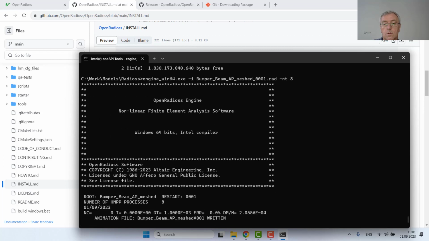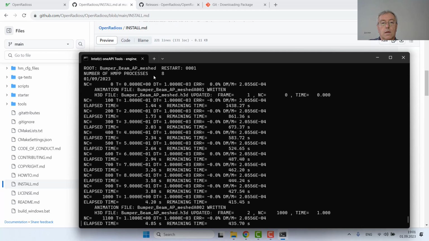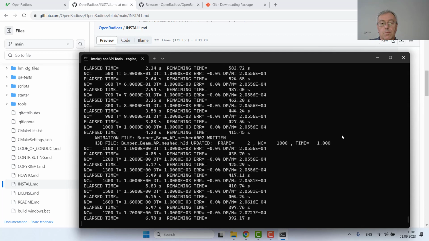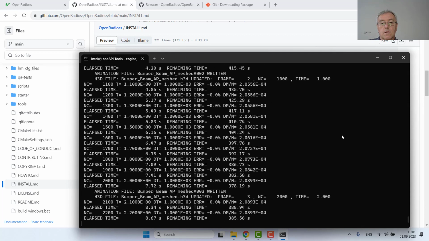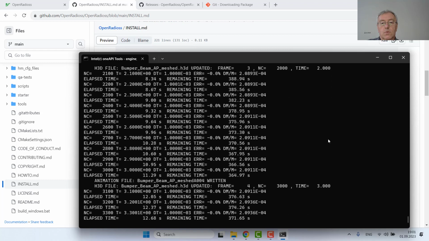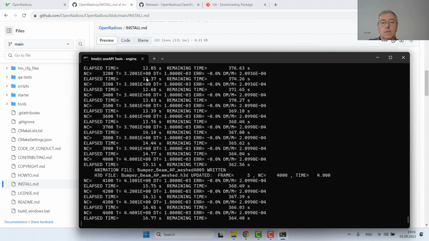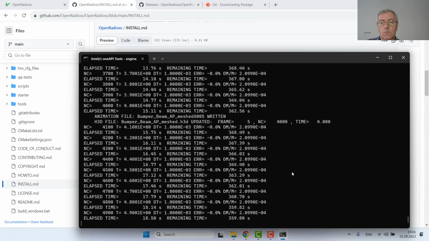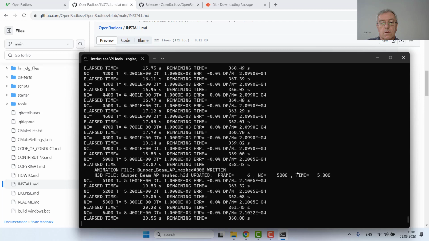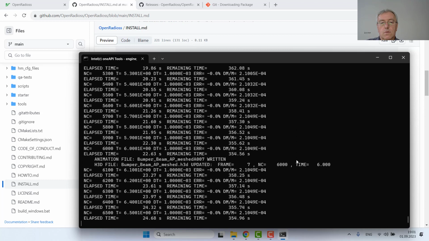Using also 8 cores. Yeah, here we are. 8 processes are started and it's running pretty nicely and producing only the animation files as well as the H3D files, because it's requested in the control file, which is the 0001.rad file,